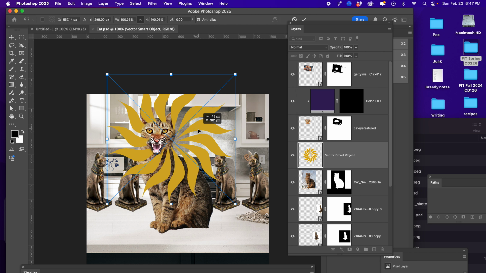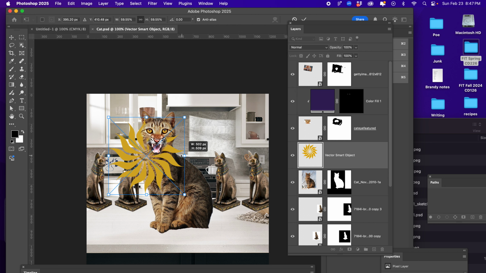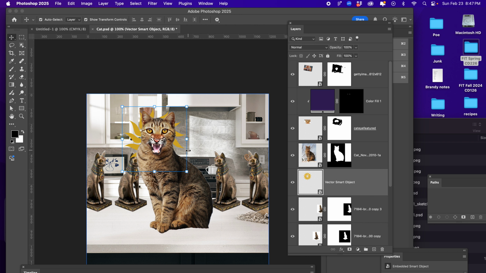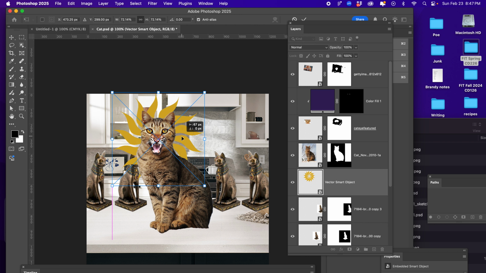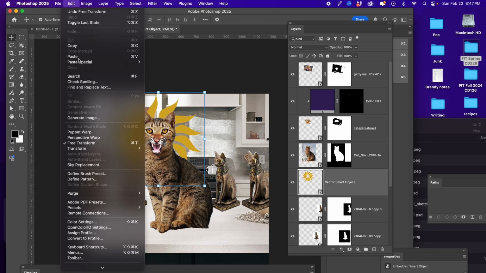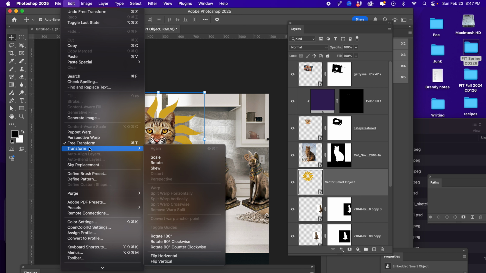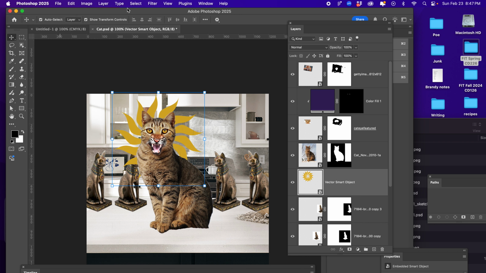Now, here is my mandala. I can scale it. I can put it behind the cat to create a kind of halo. I can work with the transformational tools here, some of them anyway. And I can also, if I decided I wanted to edit the mandala, you'll notice it's marked Vector Smart Object. Photoshop still sees it as an Illustrator file. So if I double click,